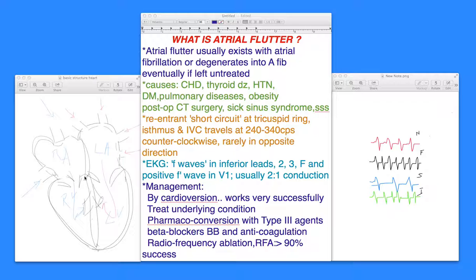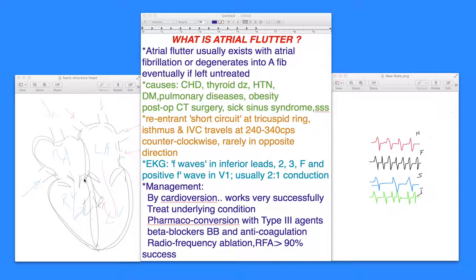It is situated right next to the tricuspid valve. These are the three leaflets of the valve. The isthmus, which is the junction between the atrium and the ventricles, and the inferior vena cava. So it is exactly here that the re-entrant circuit is established for whatever predisposing reasons, which we will just talk about,